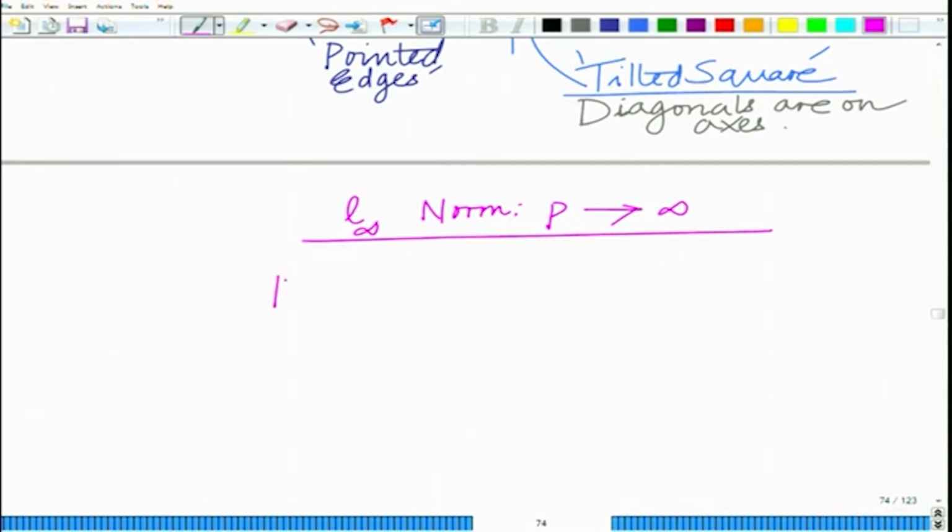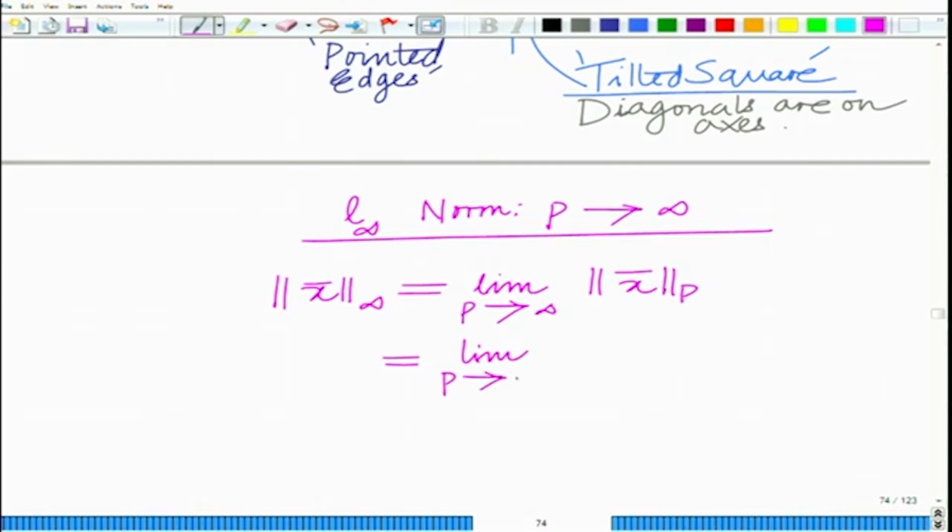So, the L infinity norm, that is norm of x bar infinity, is defined as the limit p tending to infinity of norm of x bar, which is the limit p tending to infinity of magnitude x1 raised to the power of p plus magnitude x2 raised to the power of p plus up to magnitude xn raised to the power of p,